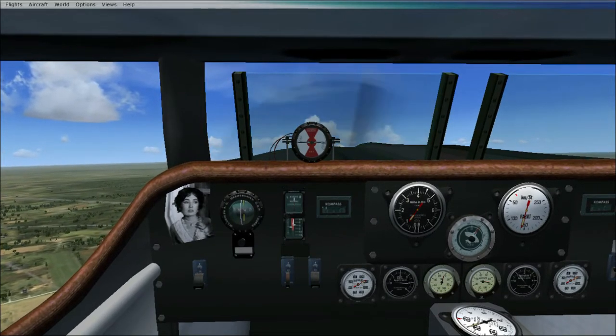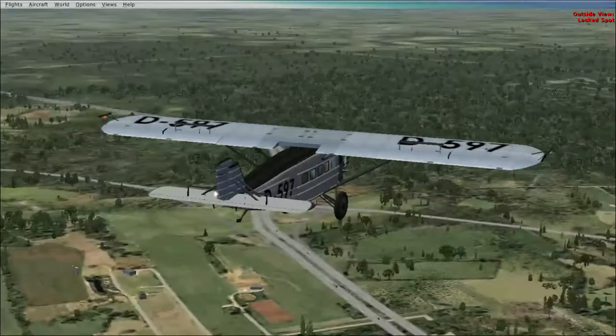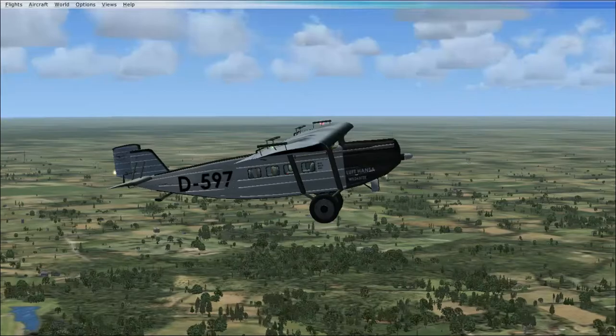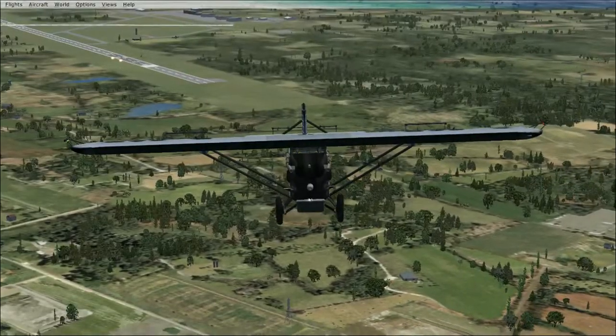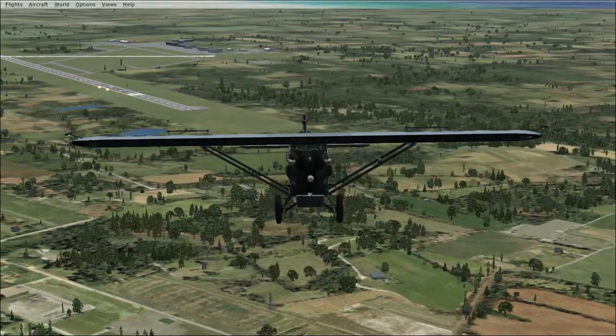Okay, so we are cruising pretty good here. Oh my, it looks like the jungle down there. Alright, so this airplane actually is cruising very nicely, and very steady too. It's not really jerking around or anything, although it suddenly happened to have gone from going straight and then turned,